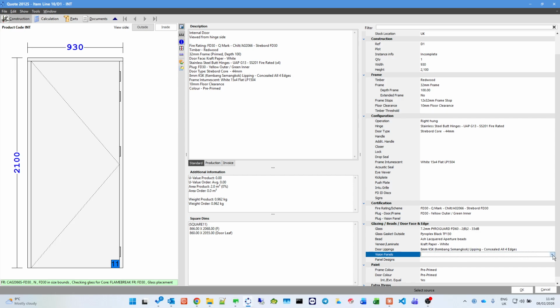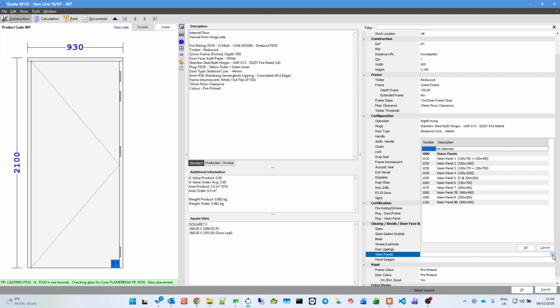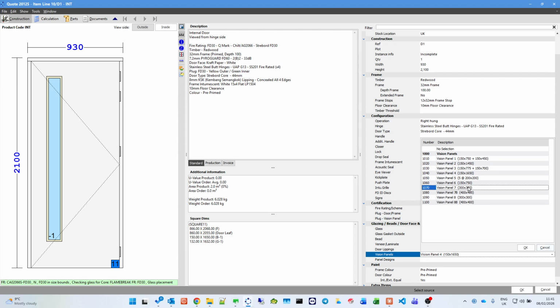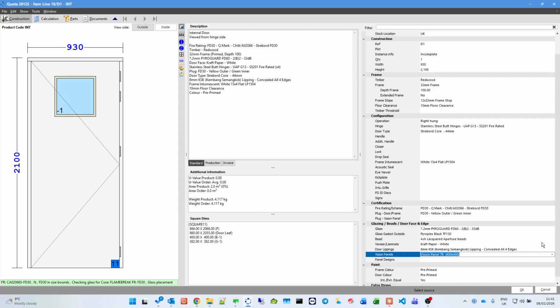Okay, so vision panels. Generally what we would say is set up 8 to 10 standard sized and positioned vision panels so that you can easily select them. For example, here, we've got our beads shown in a particular colour, so if I were to choose something a little darker, then we get to see that. So I'll just whiz through the potential configurations you might want, which are easily configurable, so you can very quickly say, okay, for the purposes of a quote, I would like to select this type of glass in this kind of configuration,